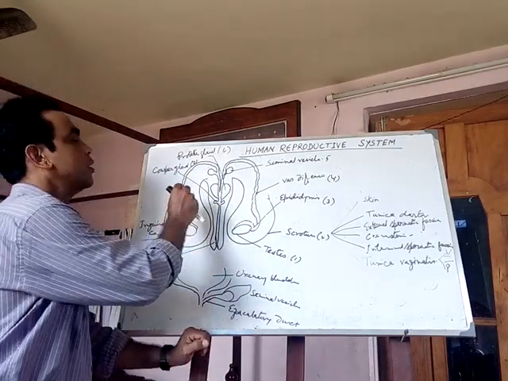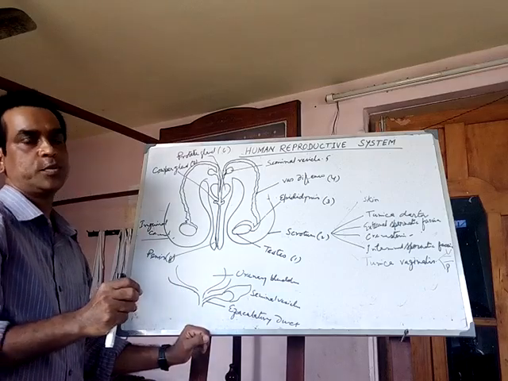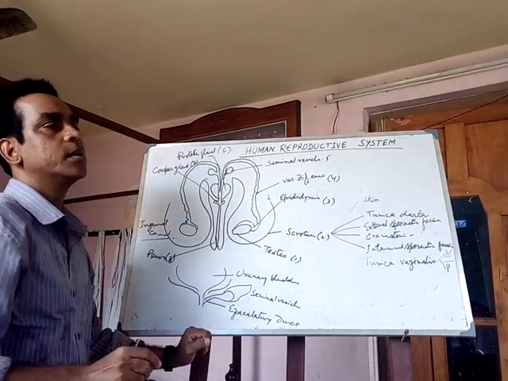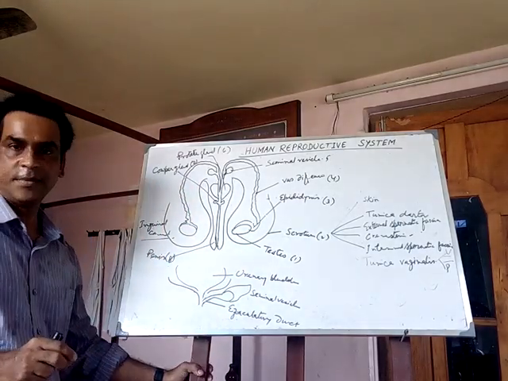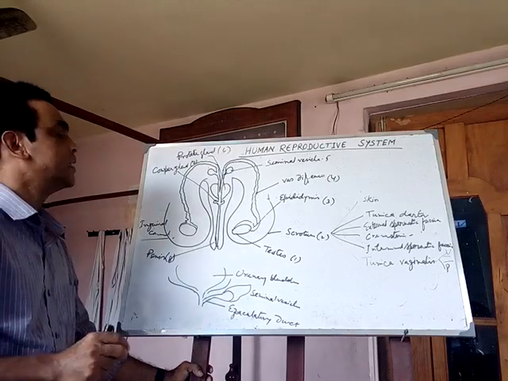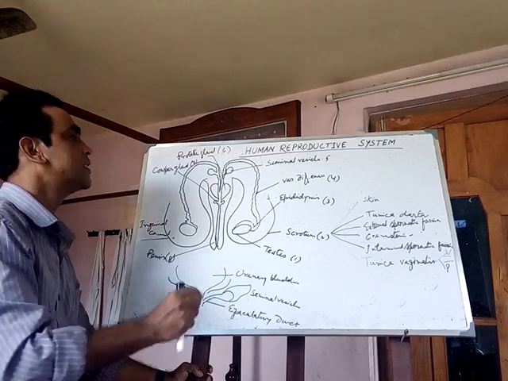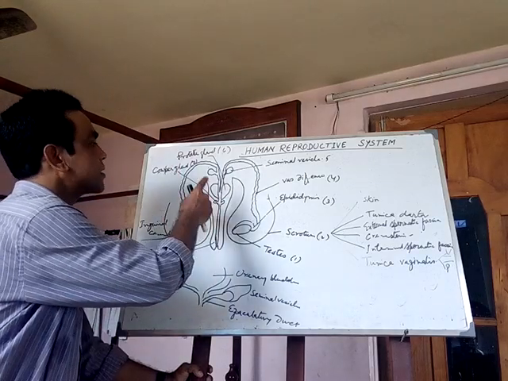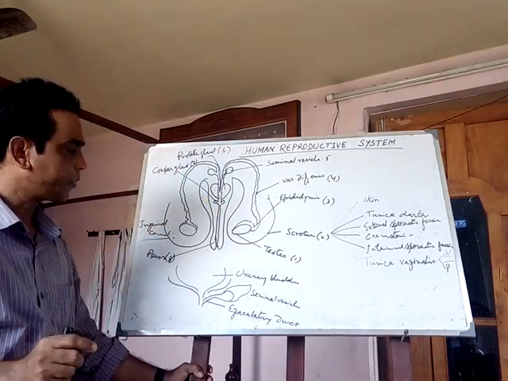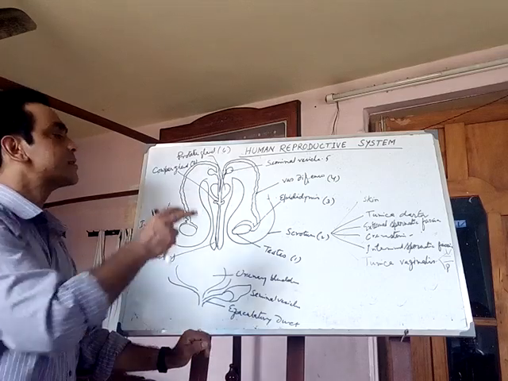Cowper glands also help to eject the semen, and the smell of semen always depends on the secretions of Cowper glands and prostate glands. In this structure,